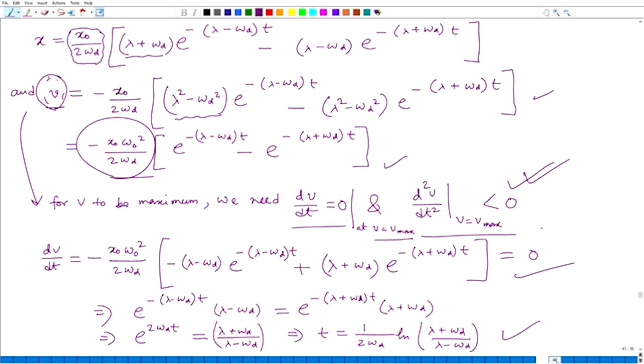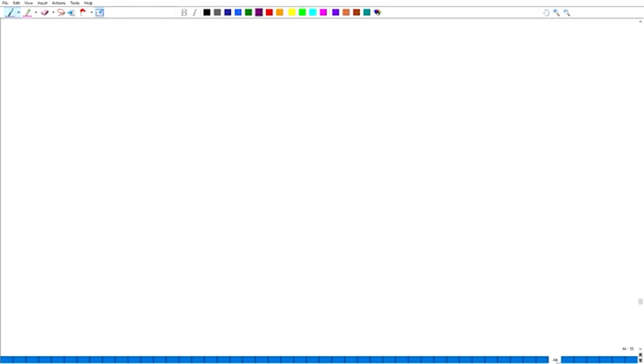So, if you now just believe that this is the value of t for which velocity is maximum, then what will be the maximum velocity that we have to find? So, that will be v at t is equal to this 1 over 2 omega d log lambda plus omega d by lambda minus omega d, and then that will be